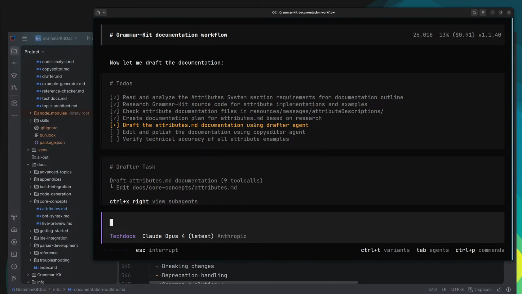But that's not the main problem. The main problem is the bigger the context window, basically the more you put into the context window, the more likely it is that the agents just forget stuff or don't do exactly what you'd like them to do. It's much better if you have these things in very